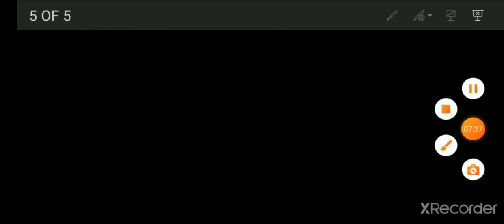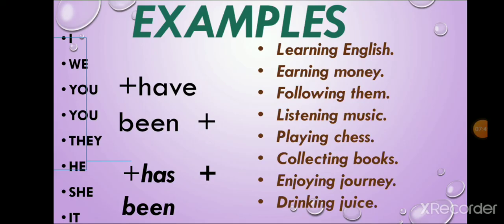Life will be colorful using all these forms. All the sentences we prepared here, and you can change these VING forms and objects also, and you can prepare different meaningful sentences here.